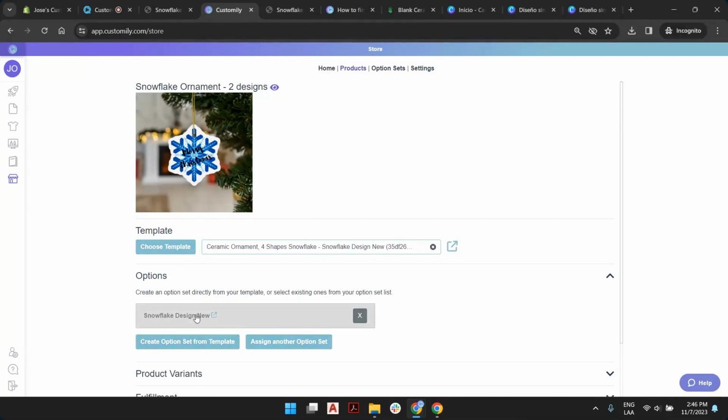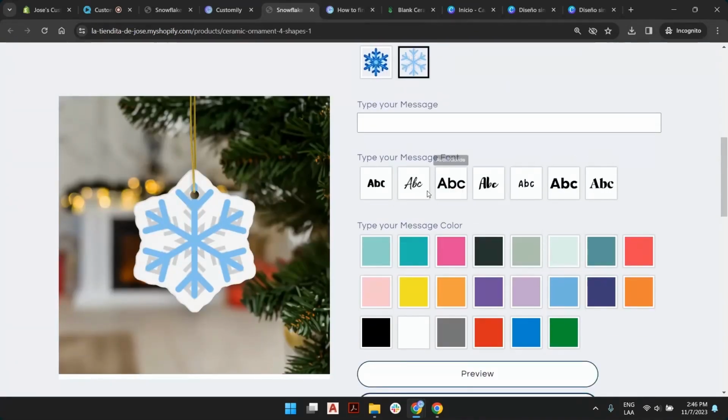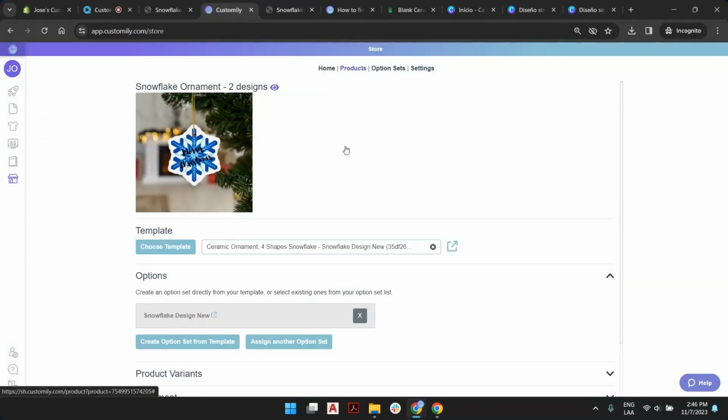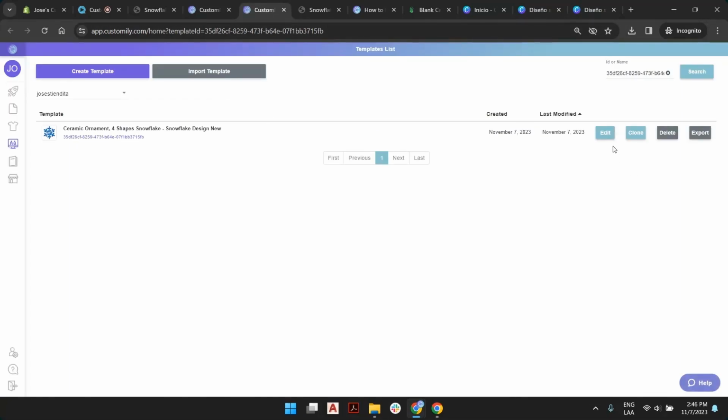You can do this manually, but there's an automated system that will save you a lot of time, like it did with the color options and the thumbnails and everything. And you don't have to do anything manually about this. But if we want to check the template, we can click on the shortcut here, and on another tab, you will find the right template. And you can click on Edit here,